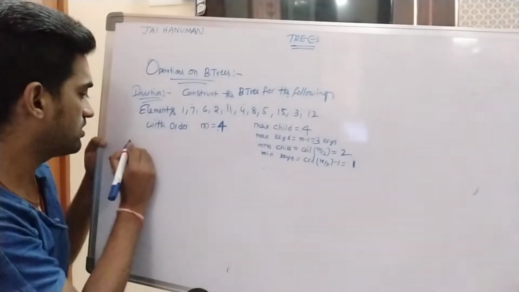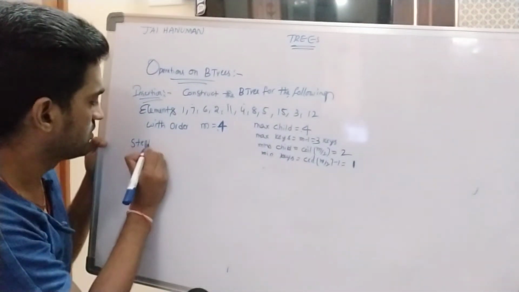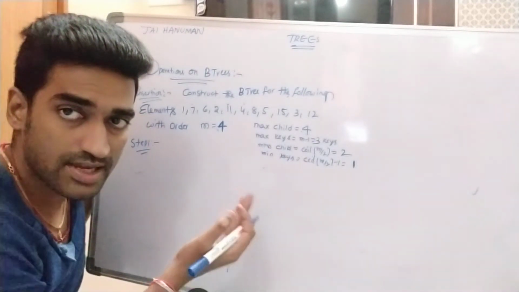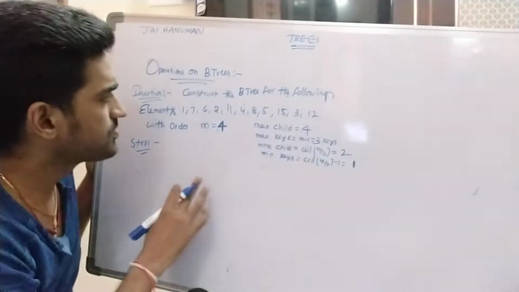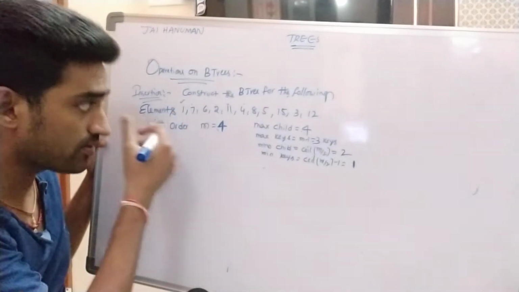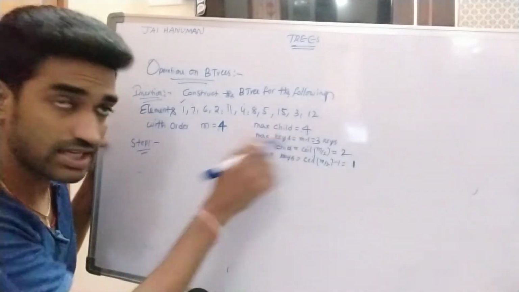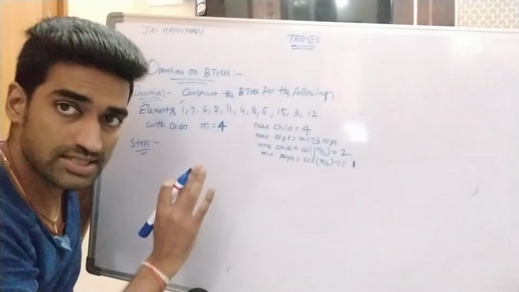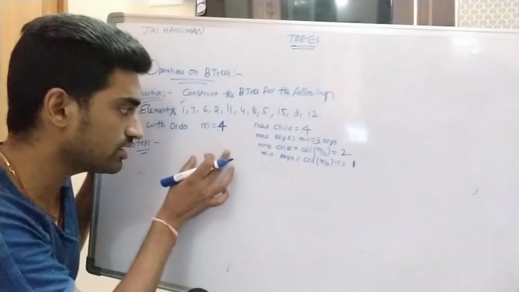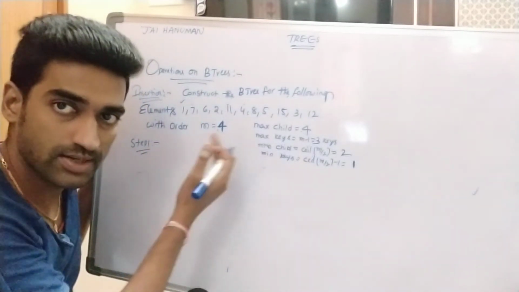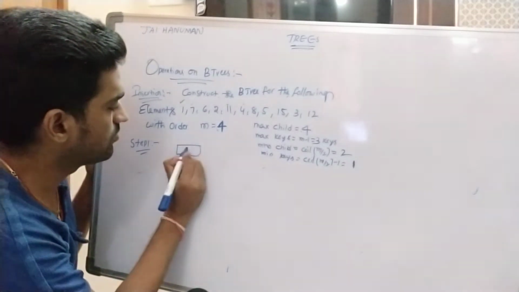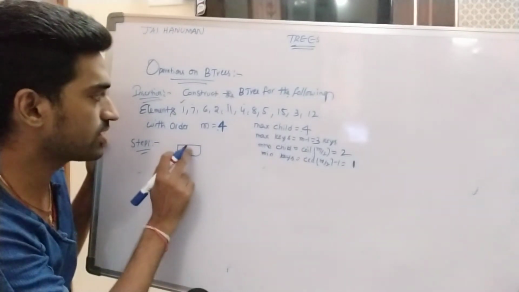First of all I am constructing the B tree for this. At each and every step we check whether all the properties are satisfied by the tree or not. So first we are inserting 1. Each and every node contains 3 key values. Only after exceeding 3 key values is the middle element moved to the previous level, that is the root level. So in step 1 we are inserting 1, and this node contains only 1 key value.